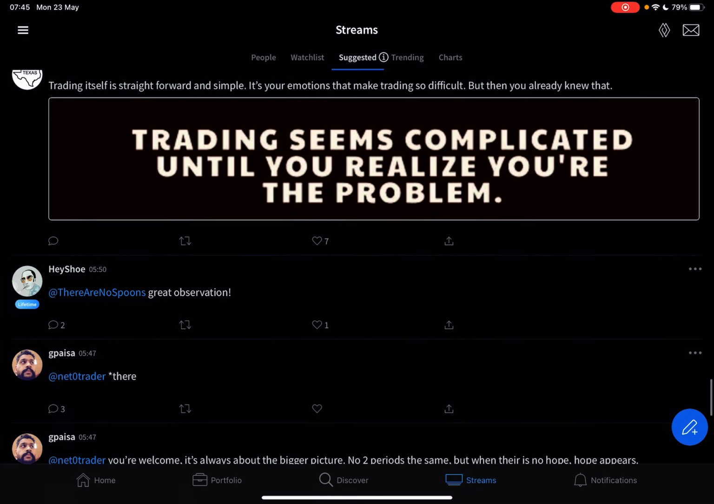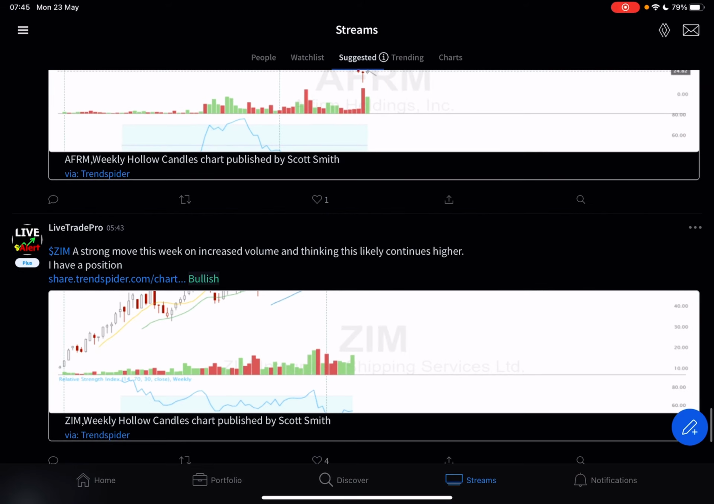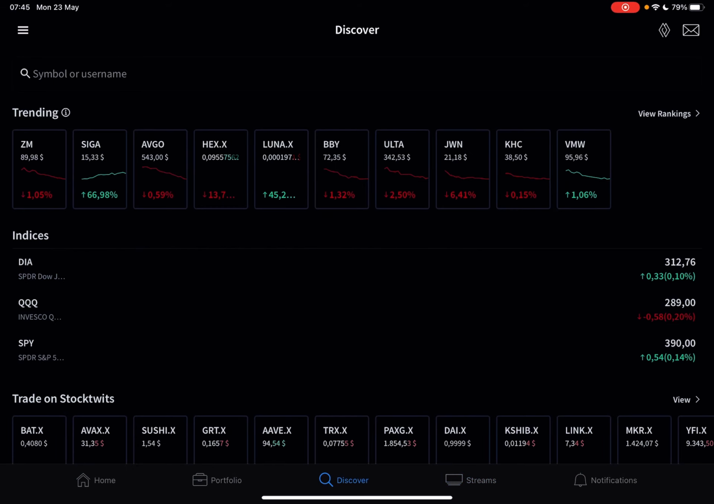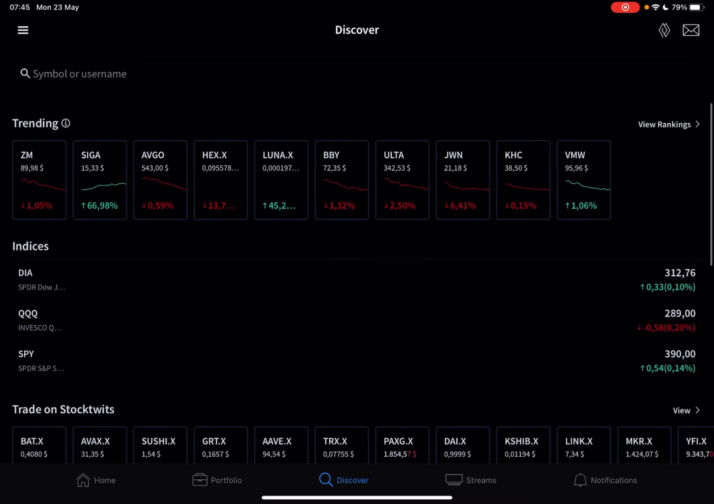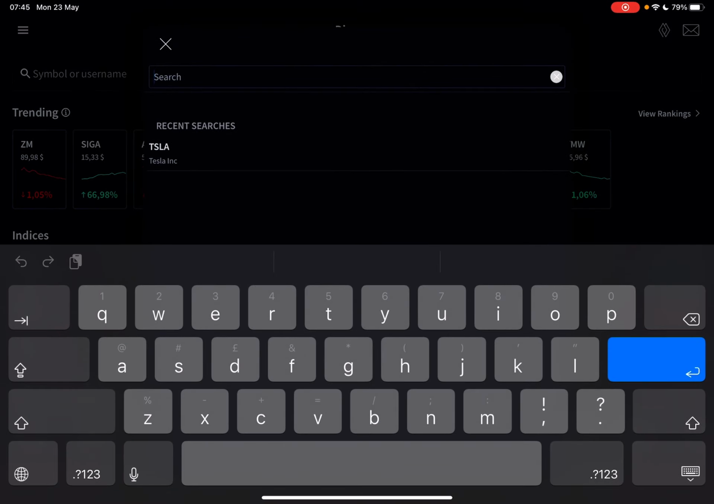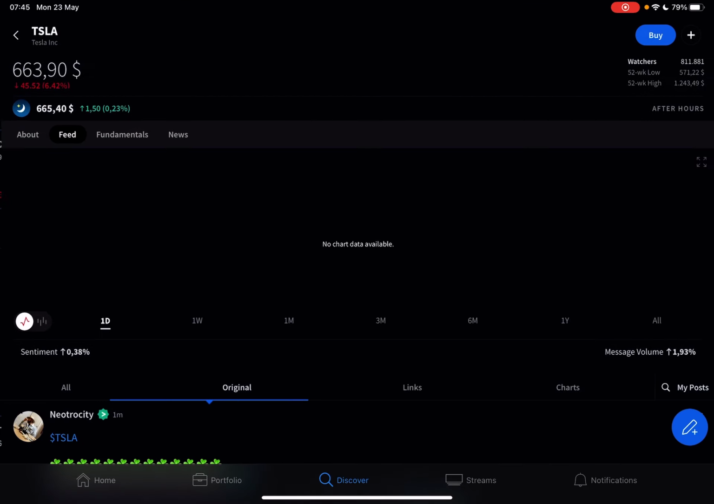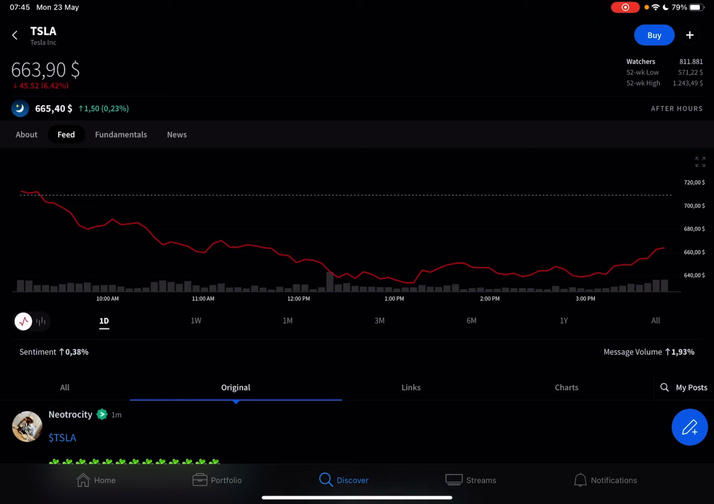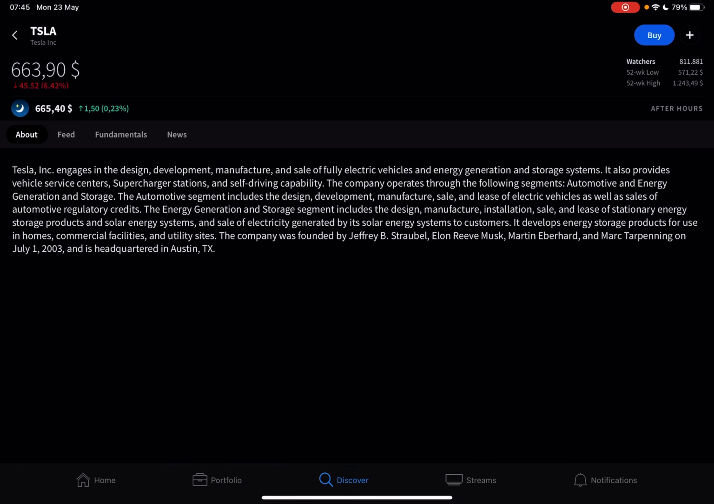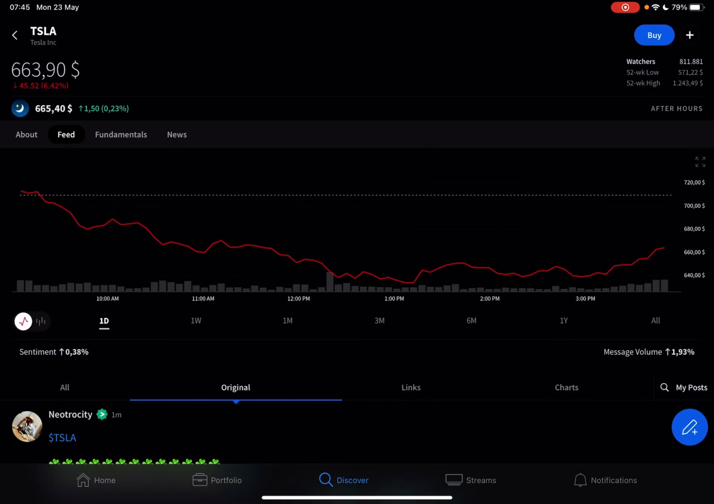First, open the Stocktwits app, then go to the Discover section, and here you can find and analyze stocks. Now let's go to Tesla's page, and here you can analyze the Tesla stock. Obviously, you can set it to About, where you can read some information about the stock that you are looking for. On the top of the screen, obviously, you see the current price and the price changes